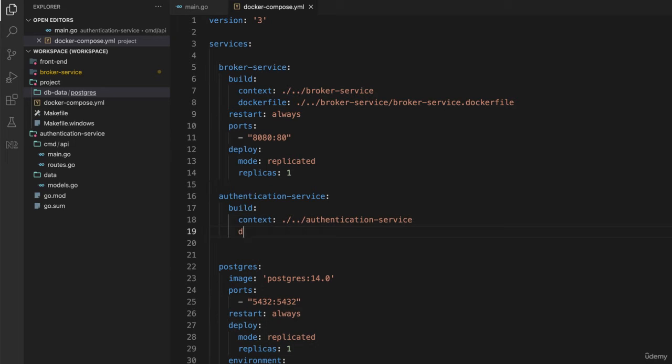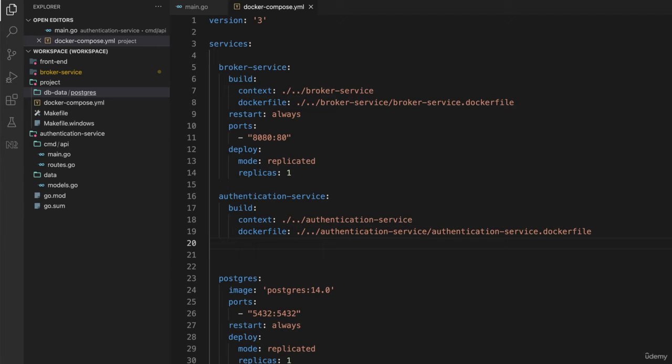Then I specify the Docker file. And it will be up one level, authentication-service/ and then we'll have to create this in a minute, authentication-service.dockerfile. So that'll have to exist. And we'll create that momentarily. So that's the build. And again, restart,